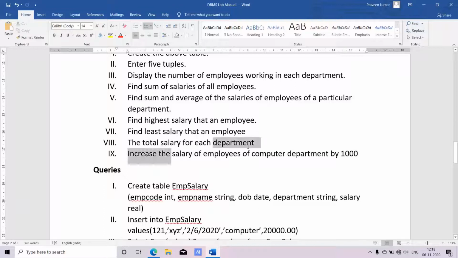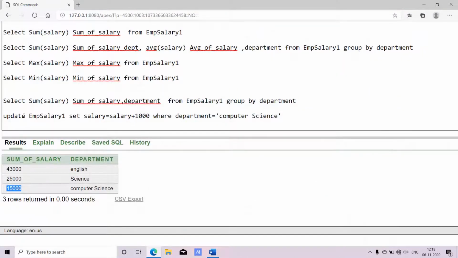Coming to the last query, now here we are increasing. Whenever you see increase, decrease, or whenever you are changing the value in the table, then we need to use a query called as update.